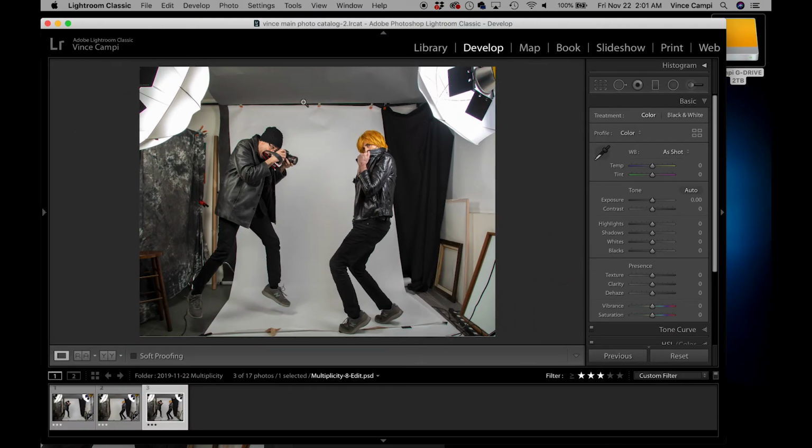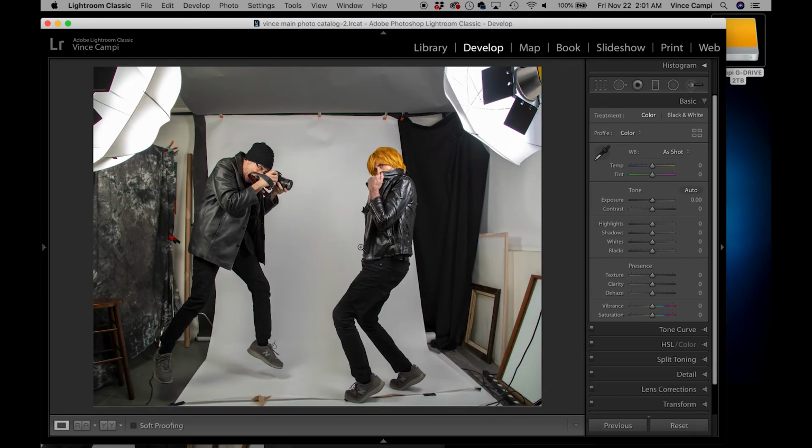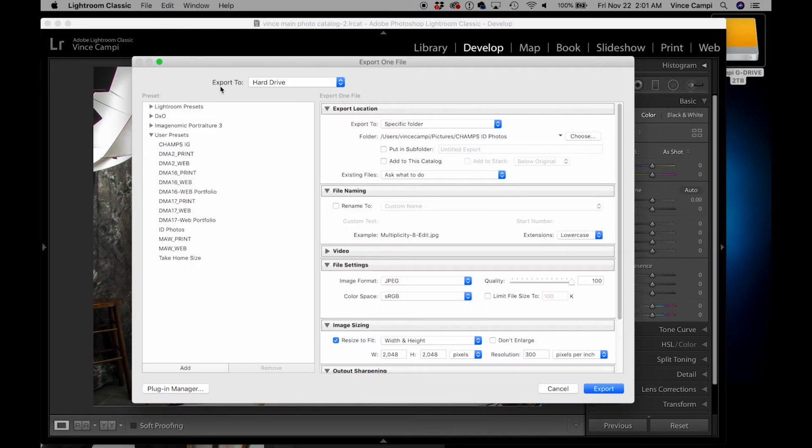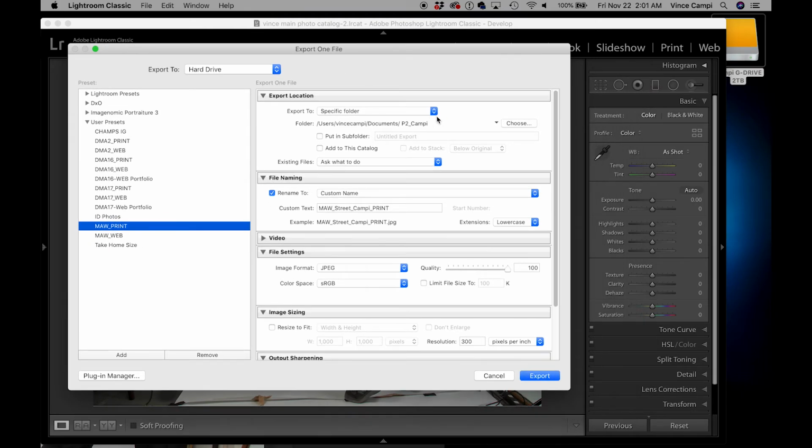See, it saves it back. That's called round tripping, right? When it saves it back in Lightroom, then we'll export from here. We'll export the print version. So File, Export, and we have a print preset all made, and we've chosen the folder to put it in,